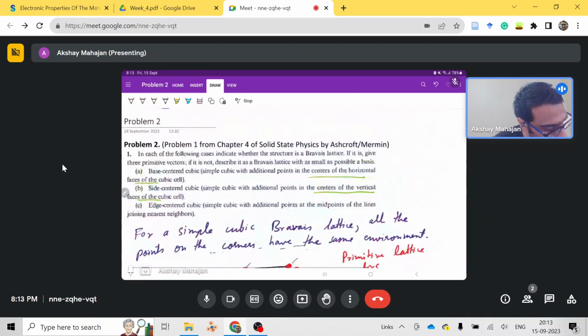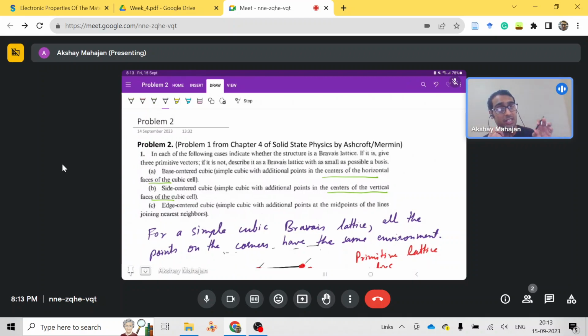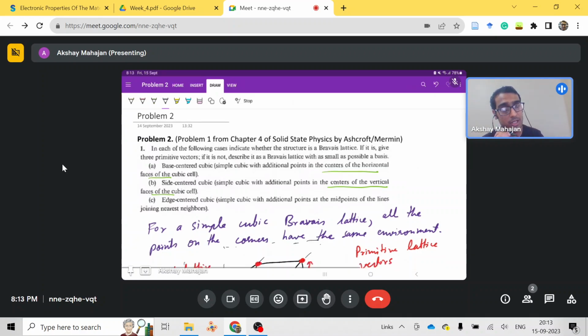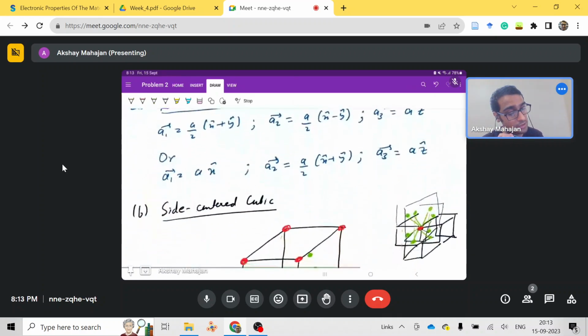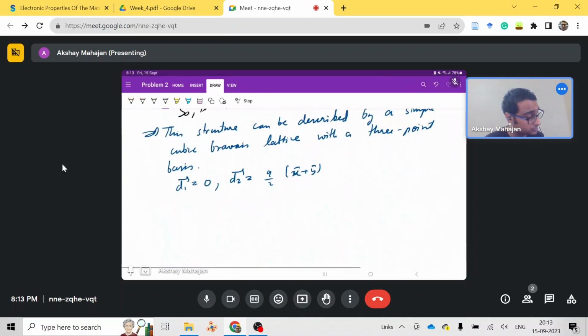If we can, then we have to find where it is, and if it is not, it is a Bravais lattice with as small a basis as possible. As you know, a crystal structure is formed by a lattice and a basis. So if the lattice we are talking about is not a Bravais lattice, then whatever this crystal structure is, we have to describe it as a Bravais lattice with as small a basis as possible. So what we are saying is that this structure could be defined as a simple cubic Bravais lattice